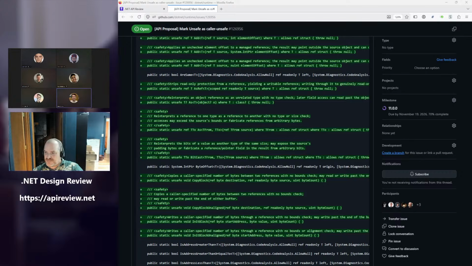As, which takes an object and returns a T, does not do a type check. So it allows you to access things like padding data if you try to cast to some completely unrelated type, like you try and reinterpret a string as an exception. This API technically allows you to do that, but it is considered unsafe because it can give you access to